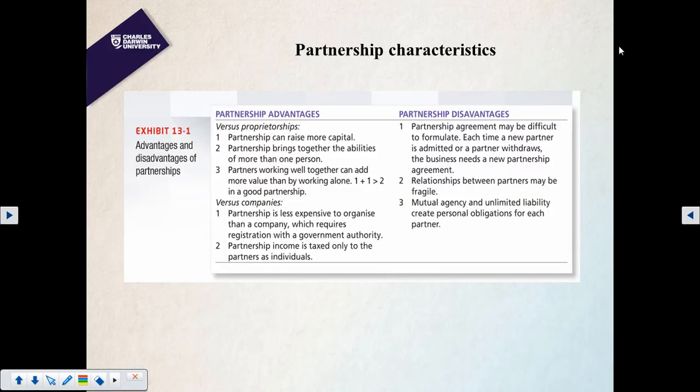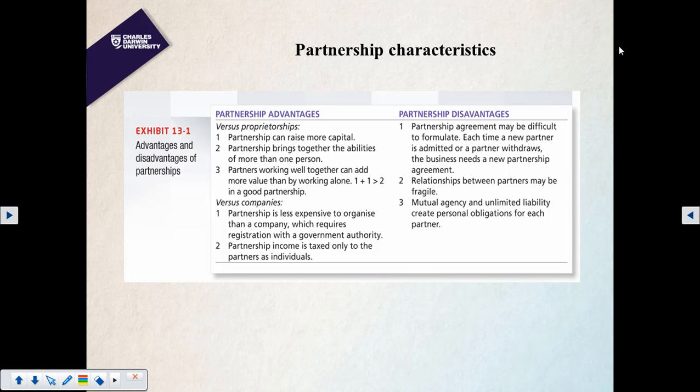Partners working well together can add more value than by working alone. This is what we call 1 + 1 being greater than 2. That is what we call synergy. Versus companies, a partnership is less expensive to organize than a company,